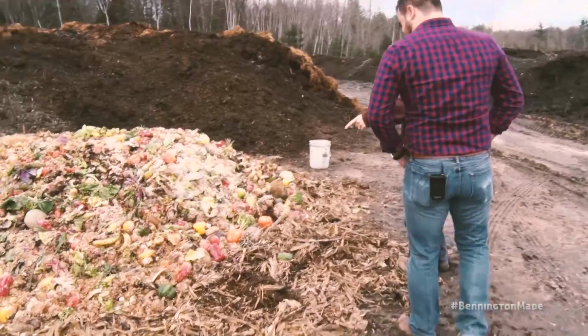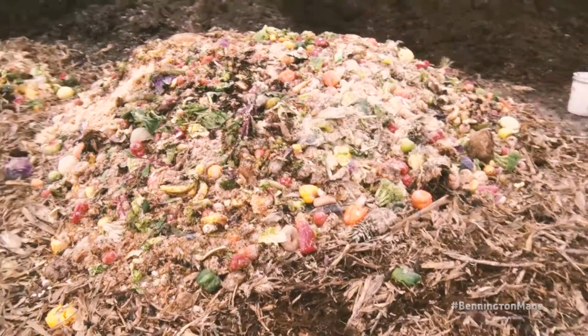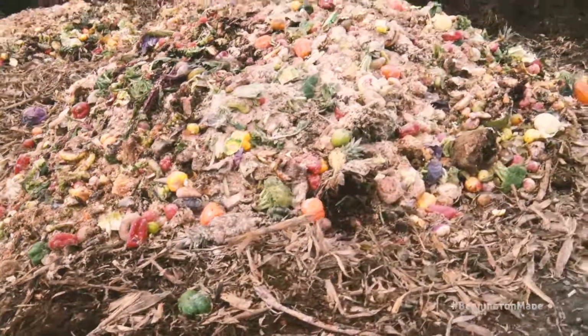Bagel for the road? No. No, but I'm big on peppers, so on our way back, we'll